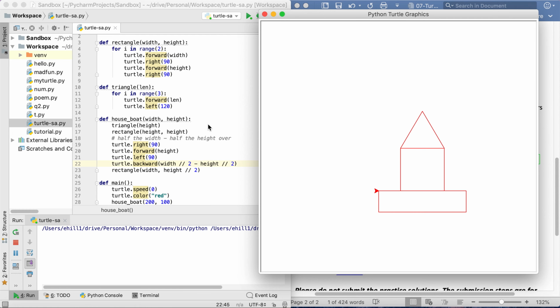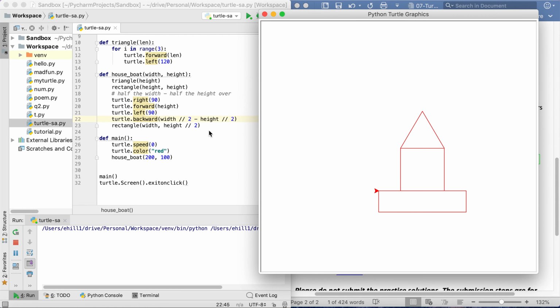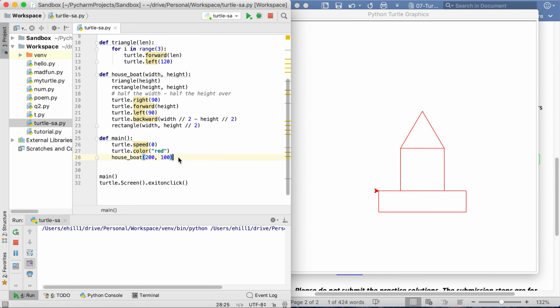Wonderful, wonderful. So to test this out though, I need to draw another one. And this time, I'm not actually going to move it. I'm just going to start drawing. I'll set the color to be different. Let's try purple this time. And then I'm going to try to draw a houseboat,